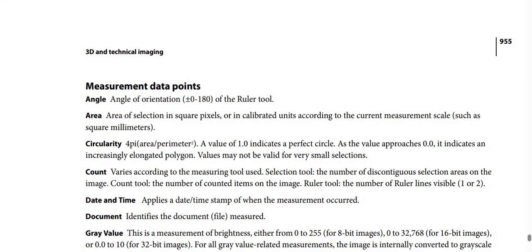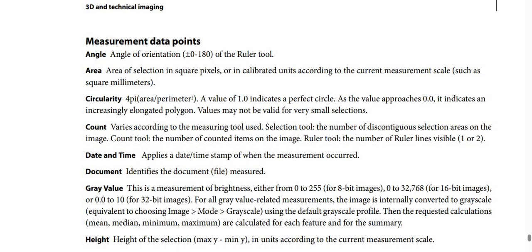So what about measurement data points? We have many options here. Angle, the first option. Angle means the angle of orientation from 0 to 180 of the ruler tool. After that, the second option, area. Area means the area of selections in square pixels or in other units according to the current measurement scale, such as square millimeters. And next option,